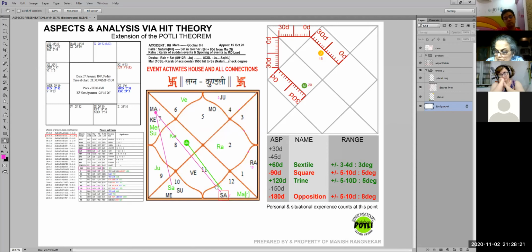Just now what we are trying to do is identify all the links, collect all the dots, and then we will connect the dots. So basically Saturn is seated in the 8th house itself. Saturn in Gochar is seated in the 6th house. Now forget this calculation. You don't even need to do this. I'm not even going to Gochar. I'm just looking at it. Forget the Gochar just now. Don't even look at the green part. You'll see it later. So basically we are saying Saturn is seated in the 8th house.